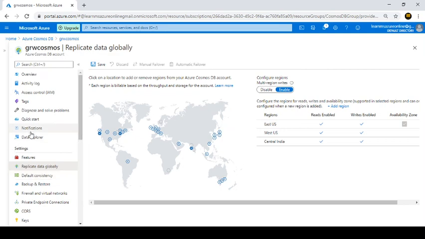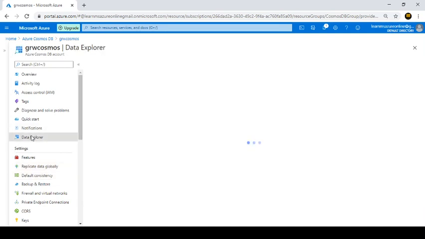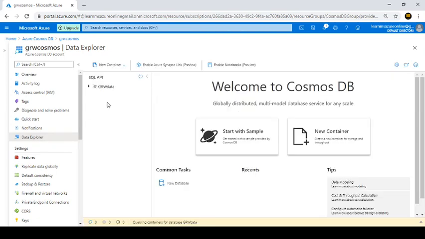So now if I go to data explorer here, let's see what data we have here. I'm not sure if it has any data right now. Okay, so you can see here that we have used SQL API, which is shown over here, and I will just expand this one. So this is basically the database that I have created, which is a GRW data, and right now I don't have any container. So what I can do is I'll just create a new container,